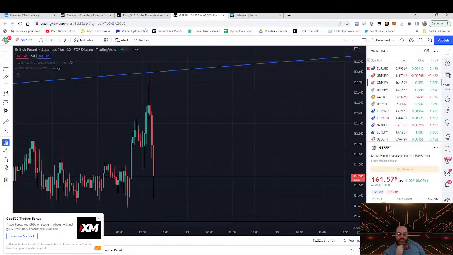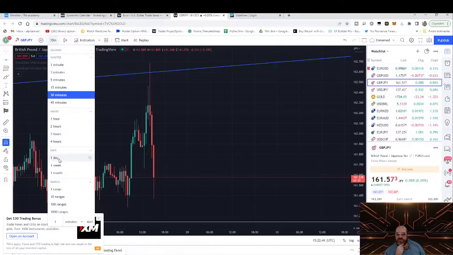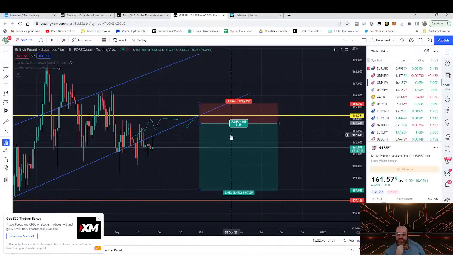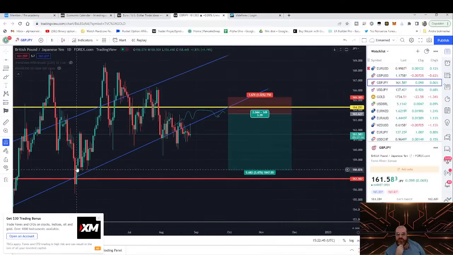Now let's open GBP/JPY. There is too much movement right now, so it's not easy to find good trades. We can see here now that we have broken through our trend line. We see upwards,